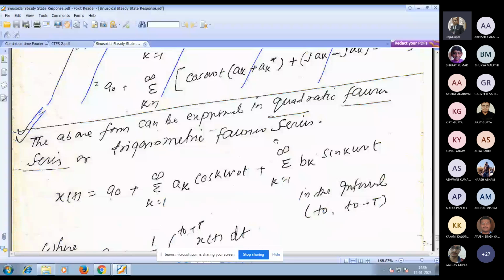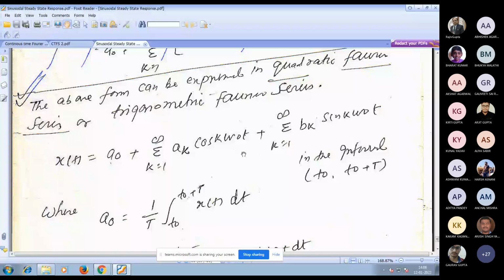Another form of representing the Fourier series is known as the quadratic Fourier series or trigonometric Fourier series. The trigonometric Fourier series is nothing but the same equation you can achieve with the help of the complex exponential equation which I derived earlier. So this x(t) can be a naught plus the summation from k equals 1 to infinity of a_k cos(k omega naught t) plus the summation from 1 to infinity of b_k sin(k omega naught t),